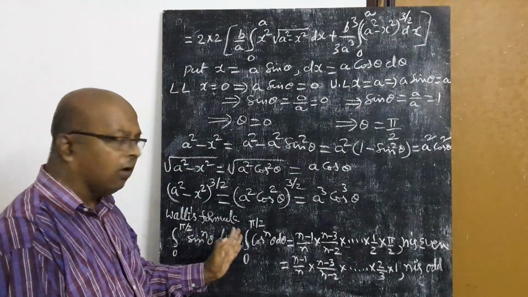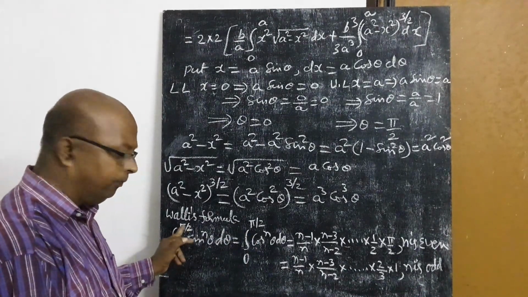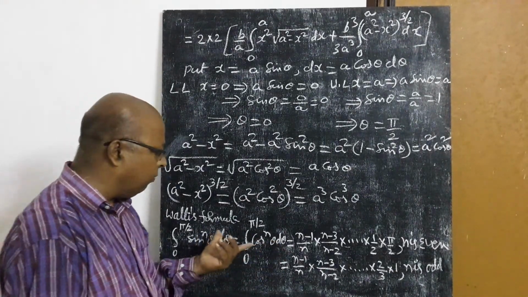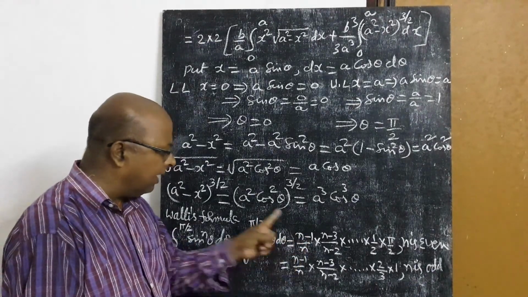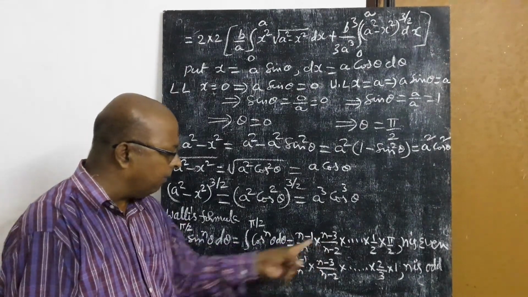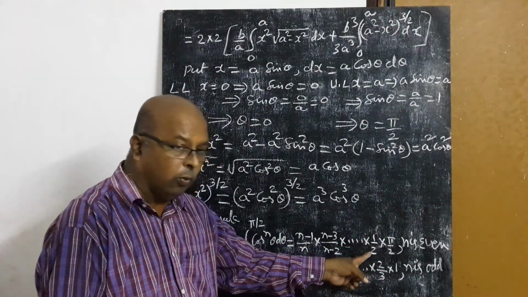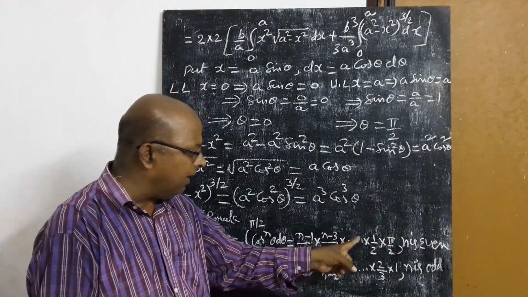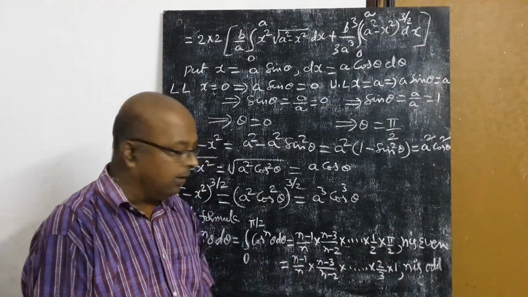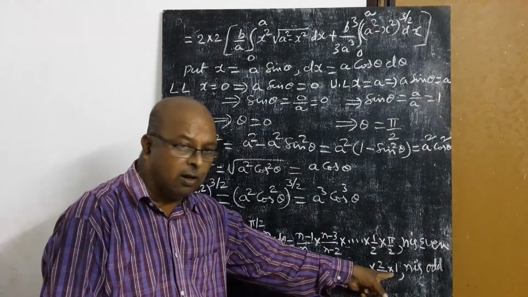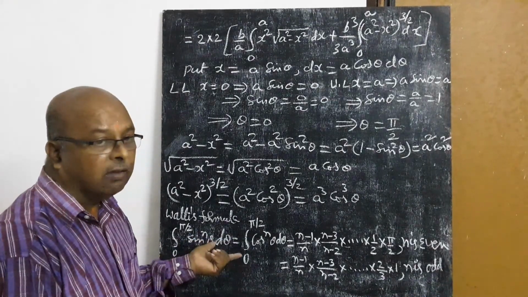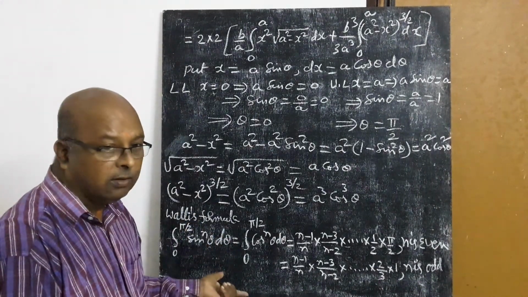So, a very important and nice formula is there, the Wallis formula. Integral 0 to pi by 2 sin to the power n theta d theta is equal to 0 to pi by 2 cos to the power n theta d theta. Both have the same formula: n minus 1 by n into, subtracting 2, n minus 3 by n minus 2, into 1 by 2 into pi by 2. If the steps end with 1 by 2, you write into pi by 2. If the steps end with 2 by 3, write into 1. The first case is n even, the second case is n odd. So it is very, very important and easy to get calculation values in different problems. Note down.